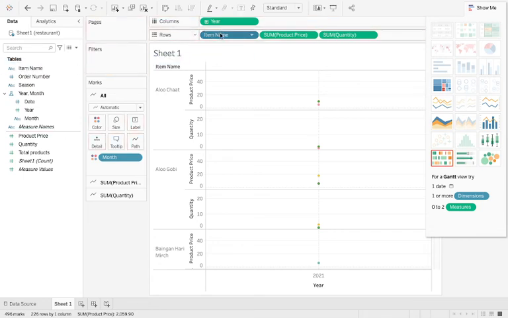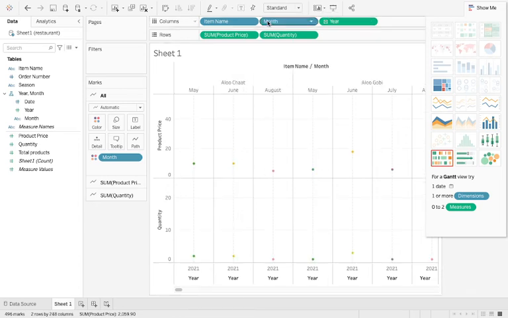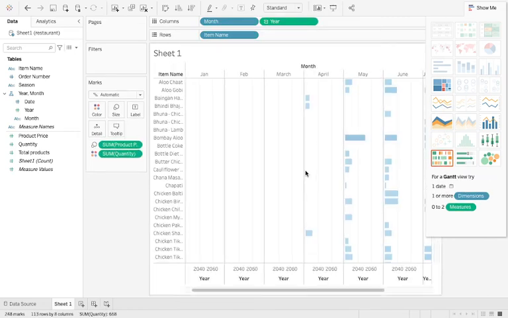Alright, so if you see, we have sorted by year, but actually we have all 2021 values only. So let us try sorting it by month as well. We have May, June, July, August now, and this is a scatter plot that we have.